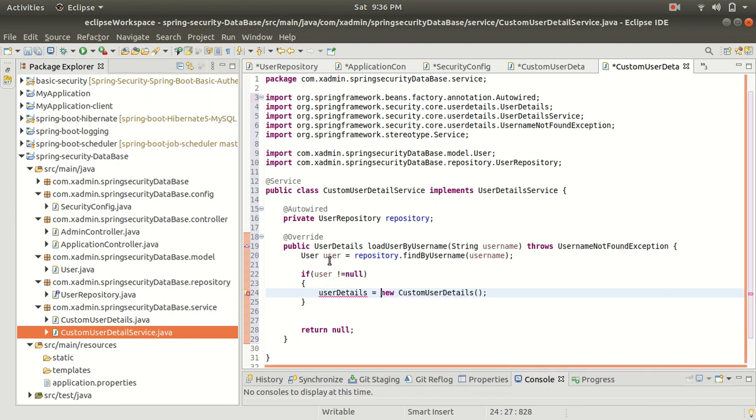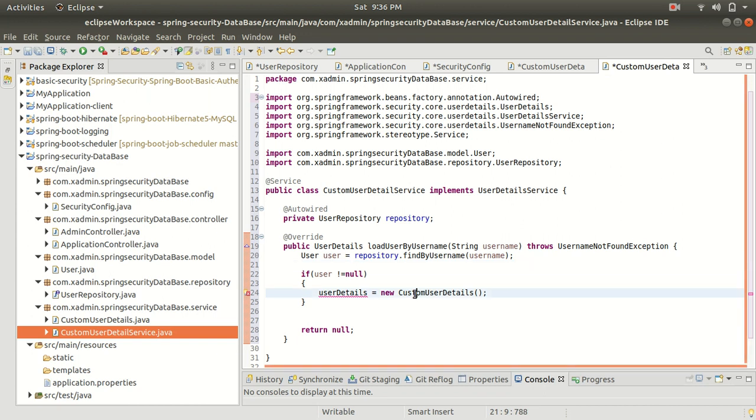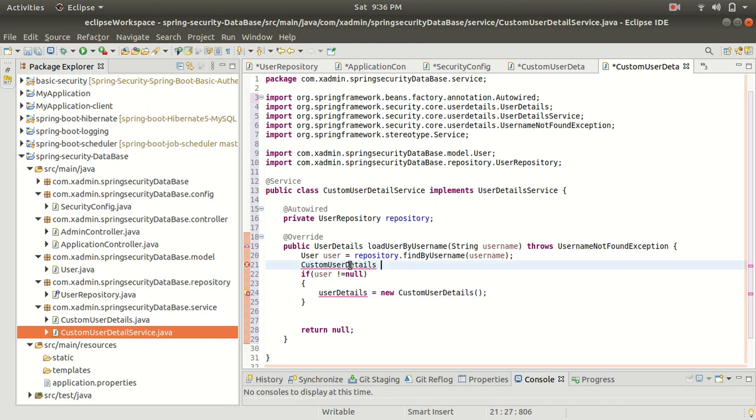Before that, I have to create a reference variable of the custom detail class. So let's copy this user detail, and let me assign a null here.